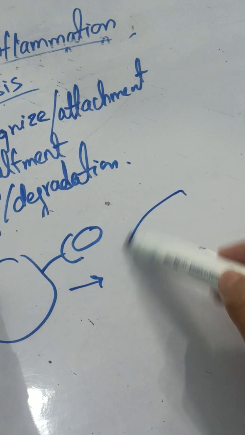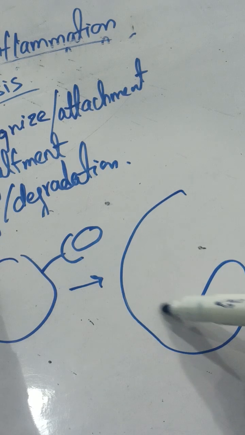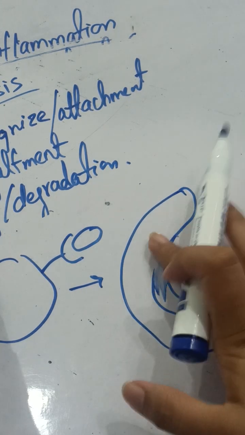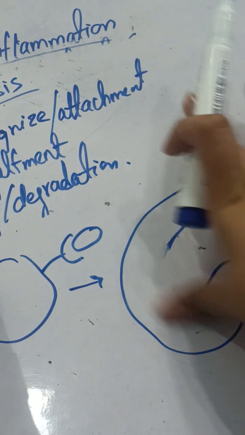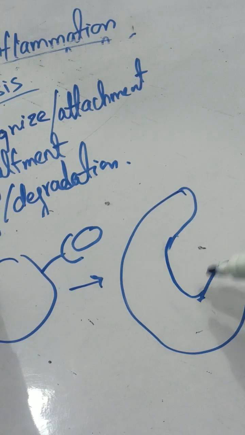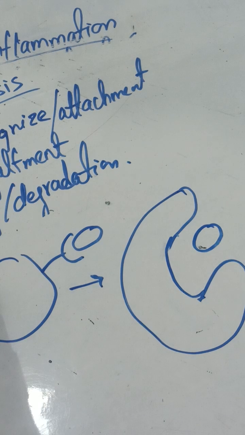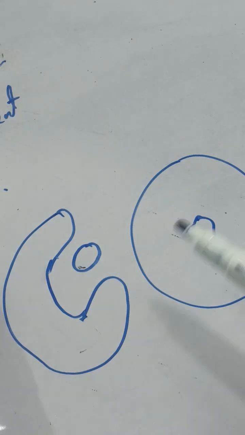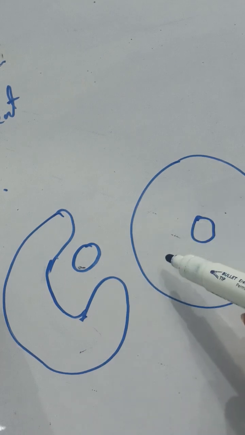It will form arms like this. Now the microbe will come in like this and it will engulf it, taking the microbe inside. Now different kinds of enzymes come in. This is a vesicle,